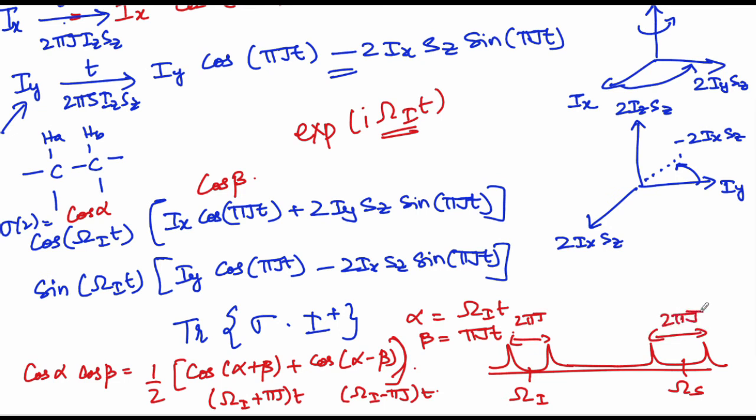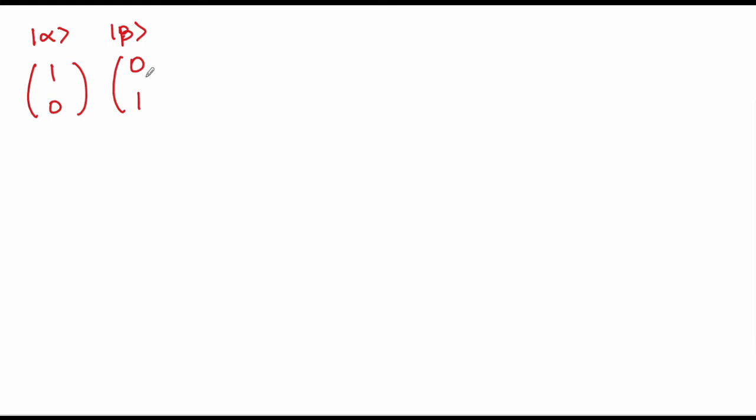So far what we have done is to take the density matrix formalism in order to understand how scalar coupling ends up working. Now let's spend a few moments in order to understand how the matrix representations look for a two spin half coupled system. So I'm going to be using two different colors to represent. The alpha beta for the I spin is in red and the alpha beta for the S spin is in blue. So you have the same representations for an alpha and beta state.